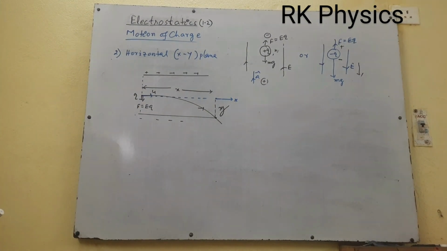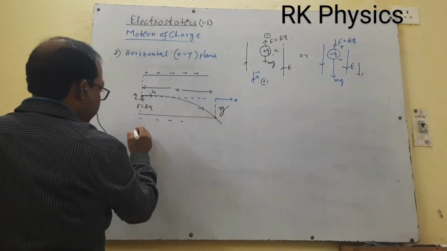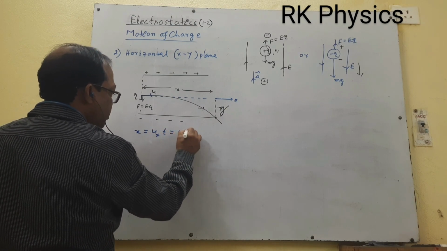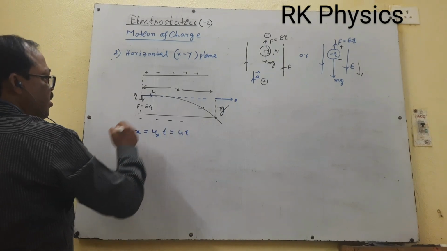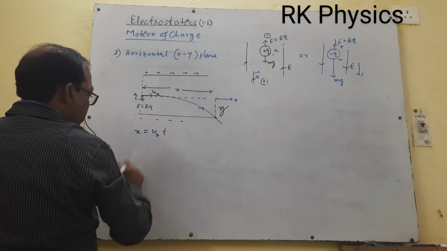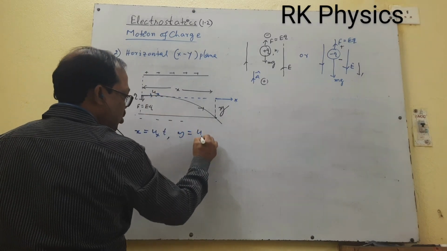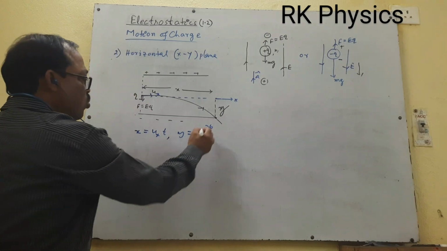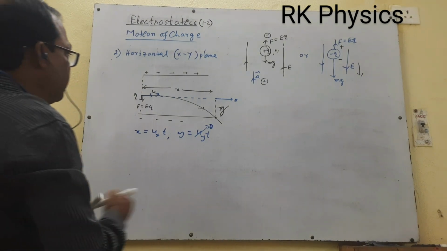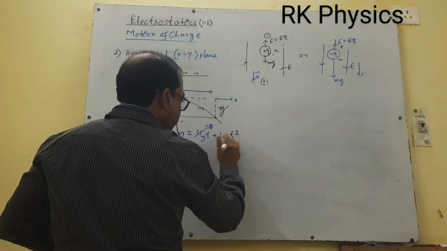Now, how can you calculate the properties here? If t is the time taken, then along the horizontal axis, x is ux into t. Or you put this as ux, it is better. Now, what is y? Y is the vertical direction, the initial velocity starts from 0. uy is 0, the initial velocity. Then plus half a into t square.